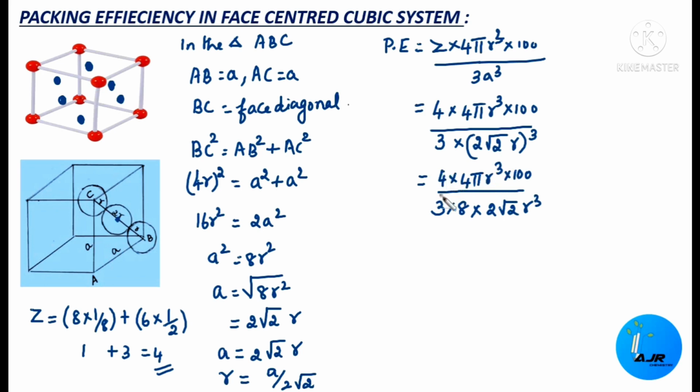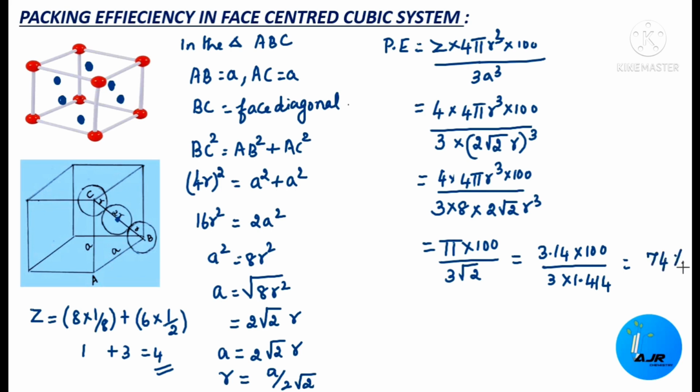This 4 into 4 also gets cancelled. Finally, we will be getting pi into 100 divided by 3 root 2. When you substitute the value of pi, 3.14 into 100 divided by 3 into 1.414, that's equal to